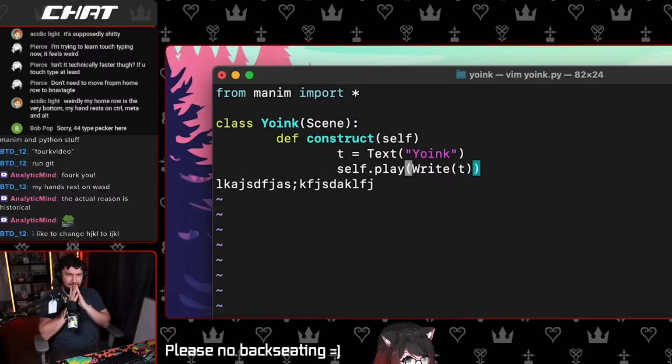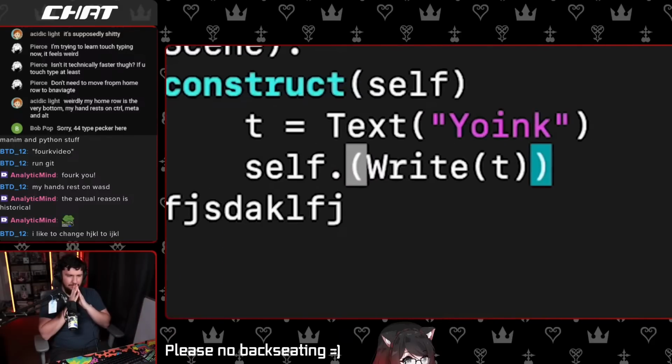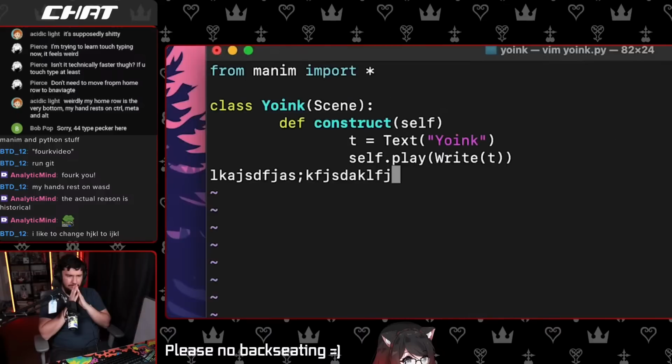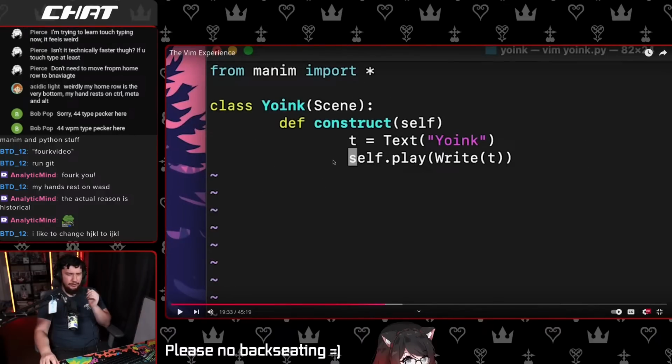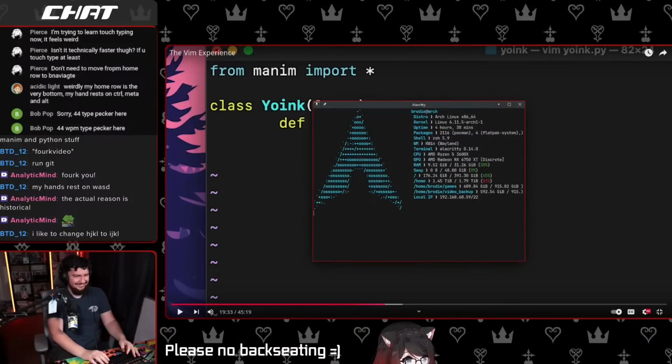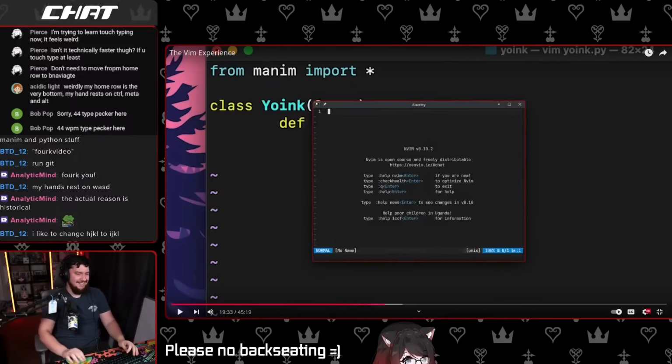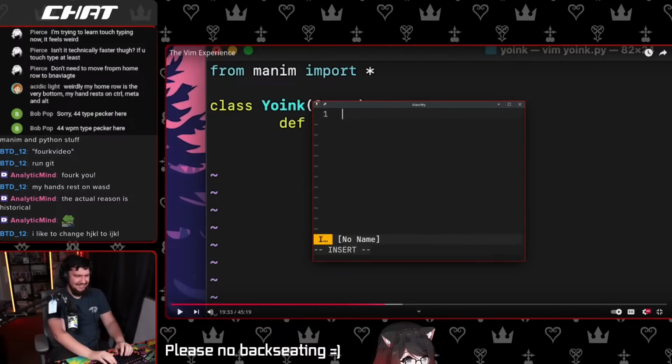I still haven't figured out how to delete the entire word and not one letter at a time. I know how to delete the entire line. I have to go back to normal mode. Wait, what do you mean you don't know how to delete the entire word? You showed yourself deleting the entire word earlier. You did DAW earlier. Did you forget what you already did in the video? Wait, the video is so long that he already forgot that he did this.